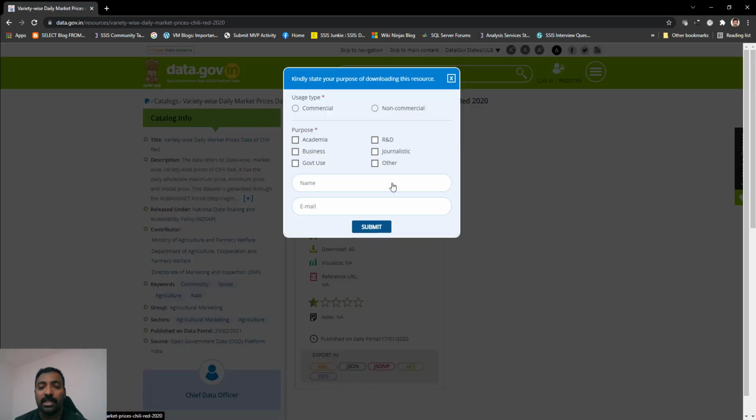When you click on this CSV, it will ask you for what purpose you are going to download the data. We are going to have it for a non-commercial purpose and we are going to use it for academic purposes, and then I will click on submit without filling the names, and automatically the data will get downloaded. So this is like a routine task that we do: going inside a website, and in this case it's a public website, otherwise you have to pass in your user credentials. Once inside the website you want to navigate to multiple pages, finally you reach the page where you have the download option, then you go to the download option and you download your data in whatever format. In this case it's a CSV format, and we will be using this data for further processing.